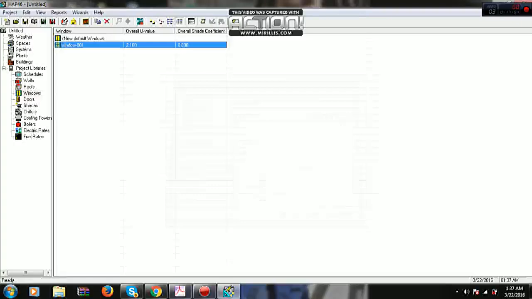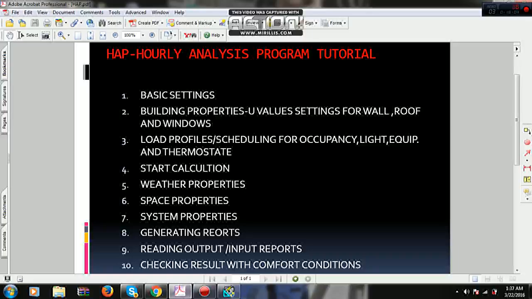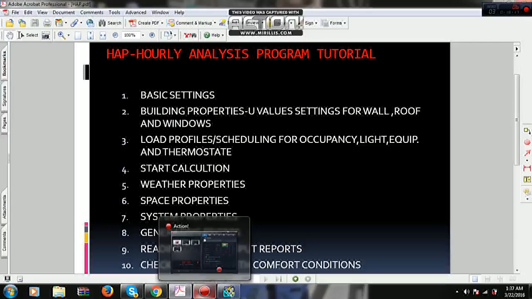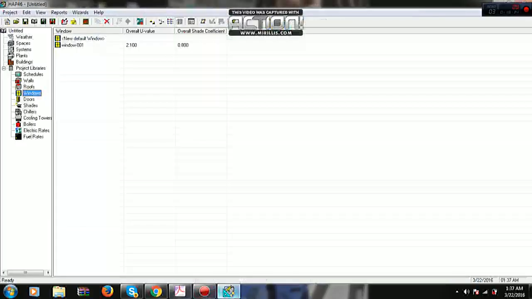So walls, roof and windows. We have created U values for all three. So the intention of this video is setting up U values. In the next part we are going to make load profiles or scheduling for occupancy, light and equipment and thermostat. So wait for it, or you can switch to the next part. Until then you can practice this